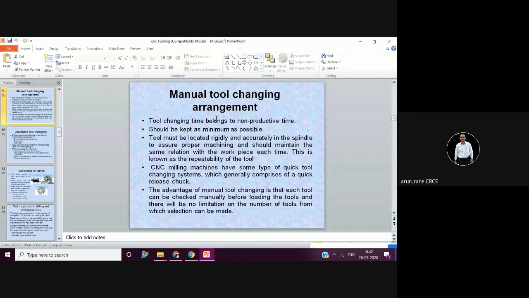So in such cases the tool changes very fast, you know. So that time you cannot go on changing the tools manually. So in that case you have to go for automatic tool changer,